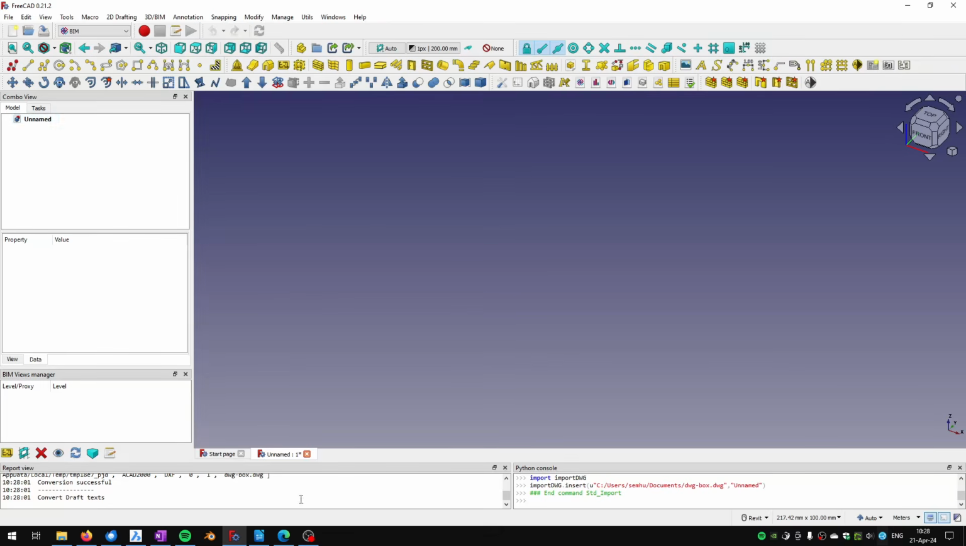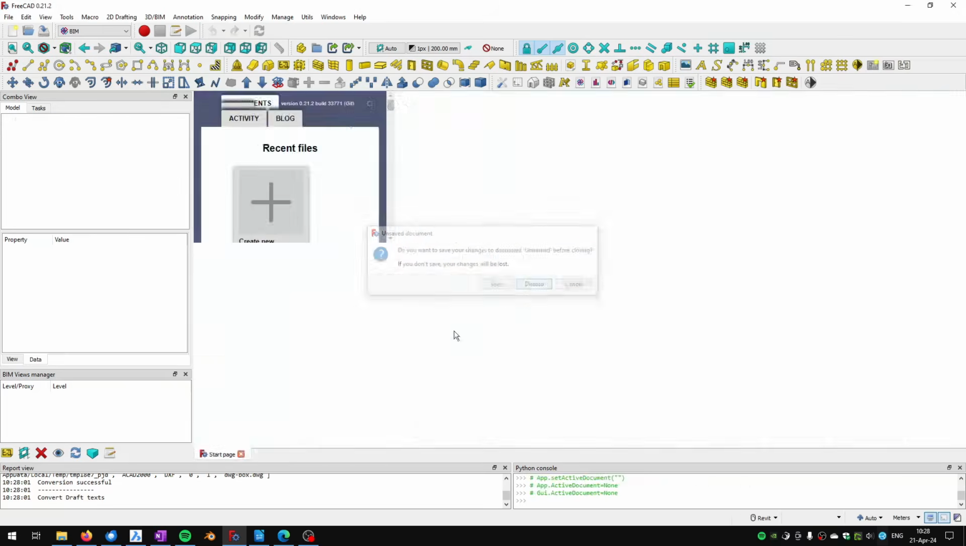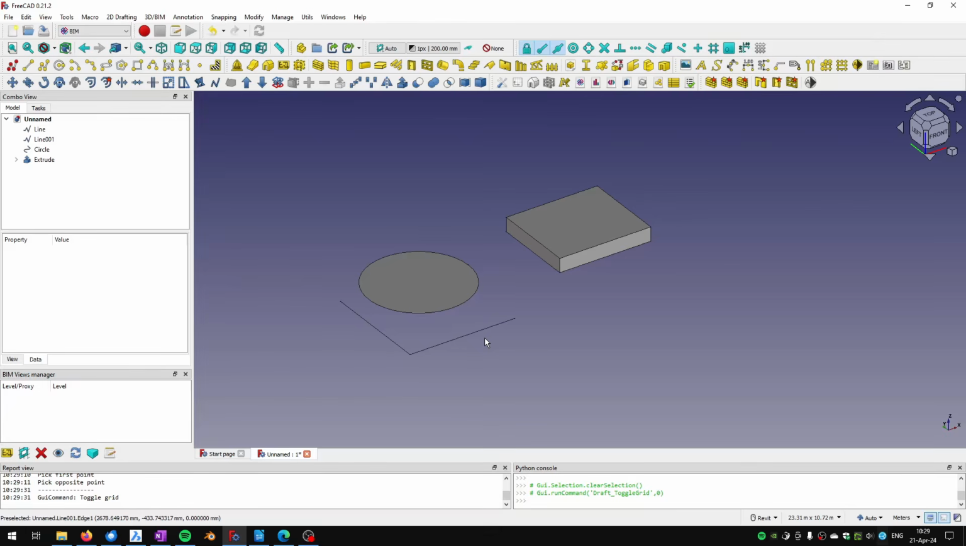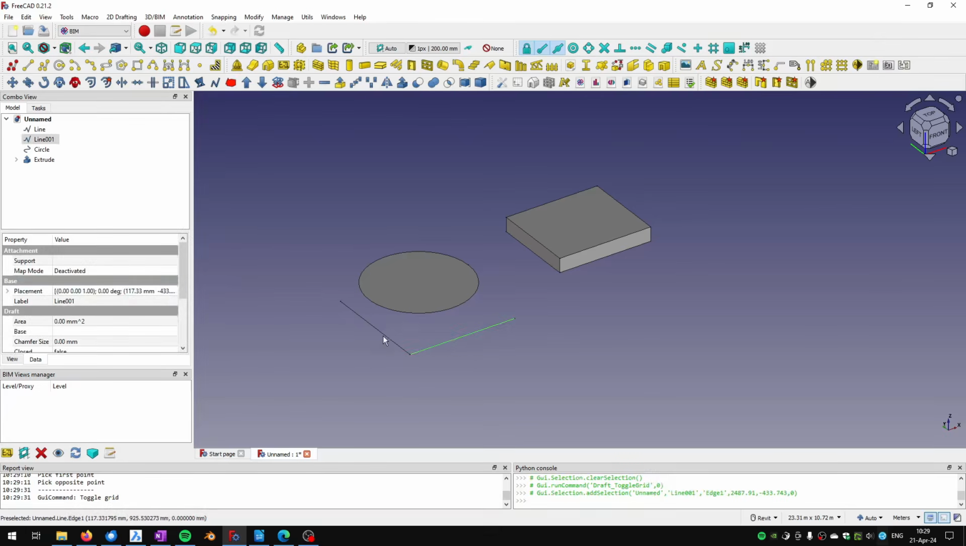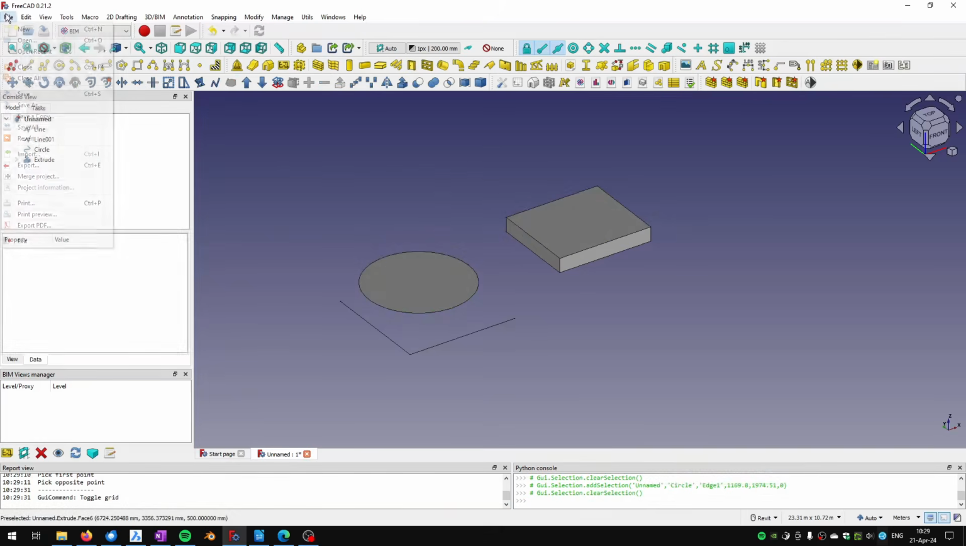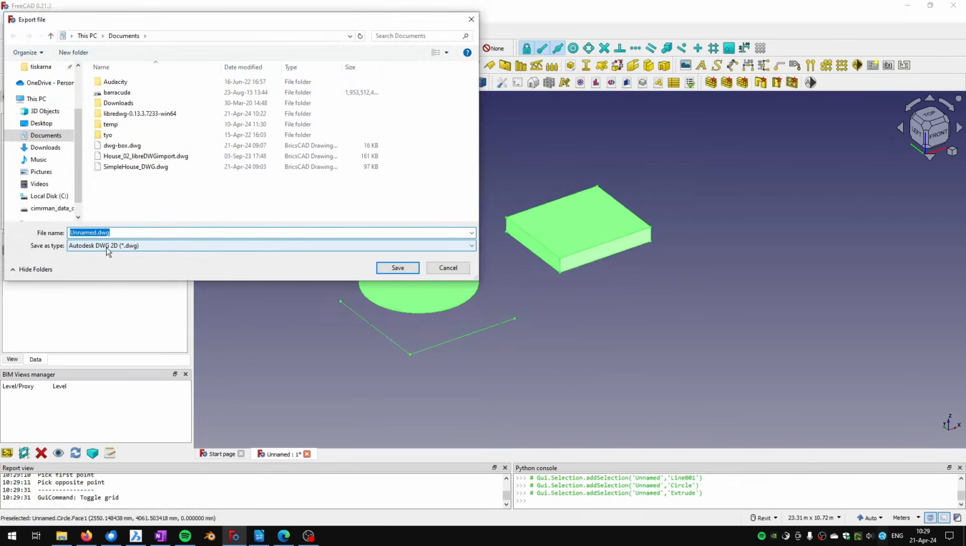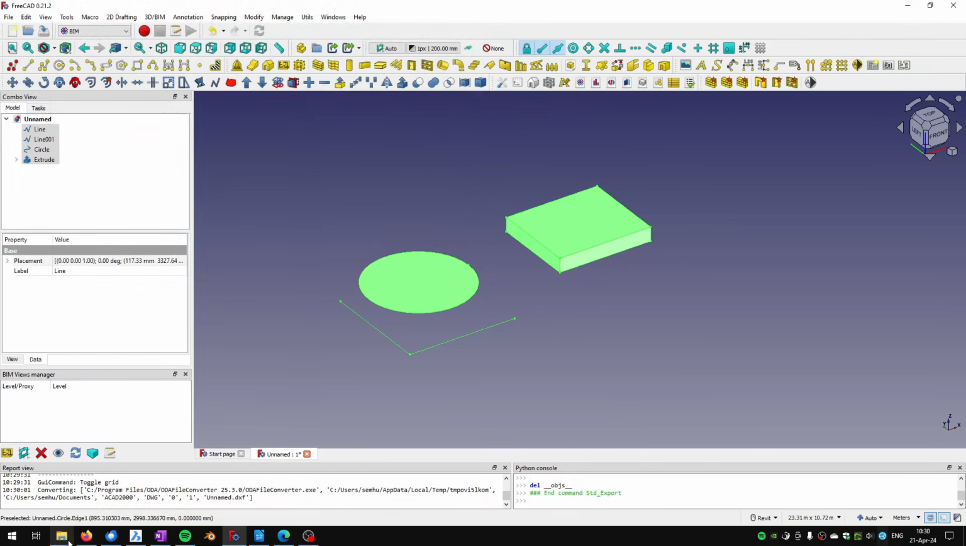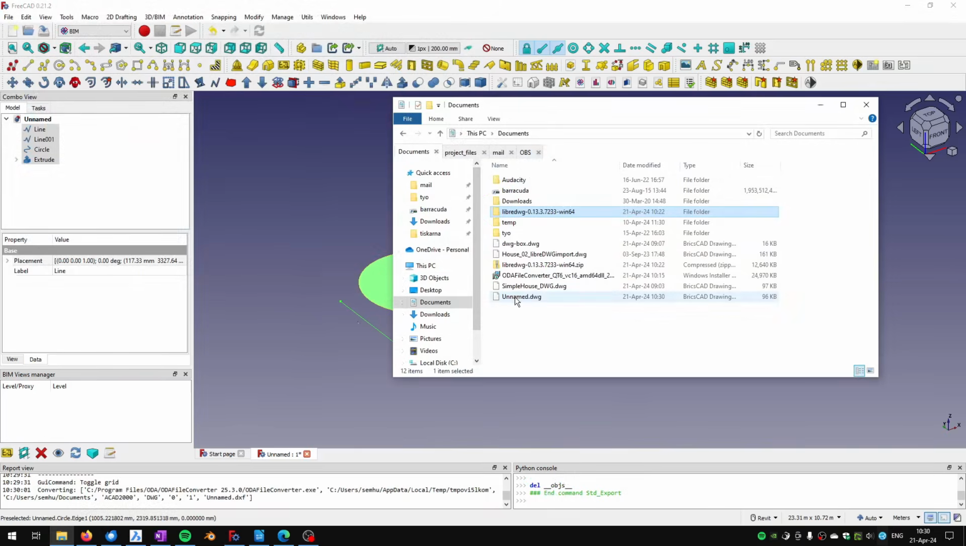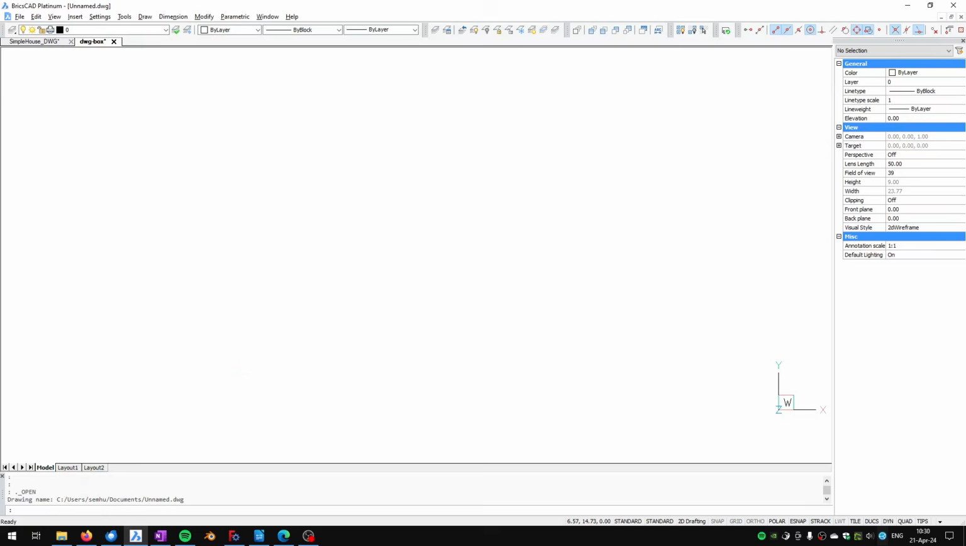Also the DWG export works too. So if I have in FreeCAD some wires, a wire that is filled with area, a circle, and an extrusion, to export them I have to select them and export. If I export them to DWG, I will name it unnamed. Okay. Now if I open this unnamed file in